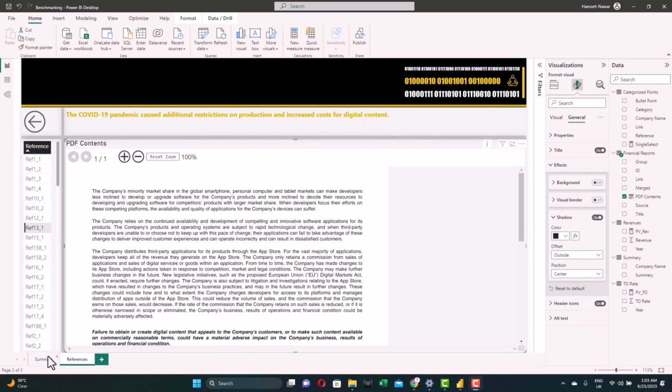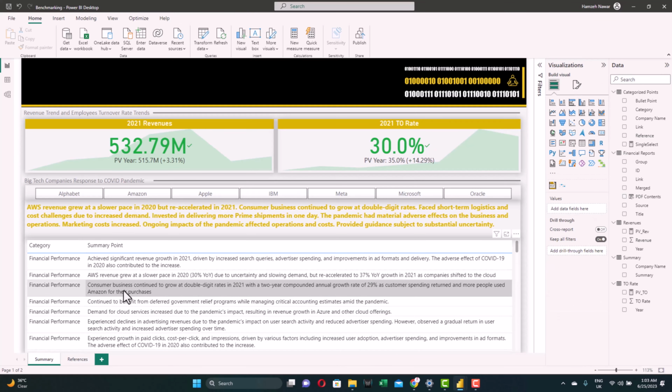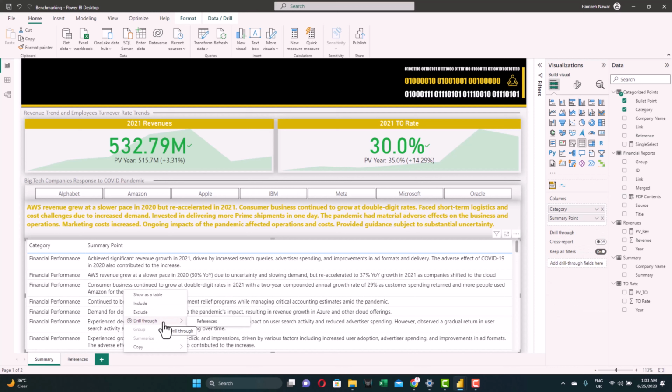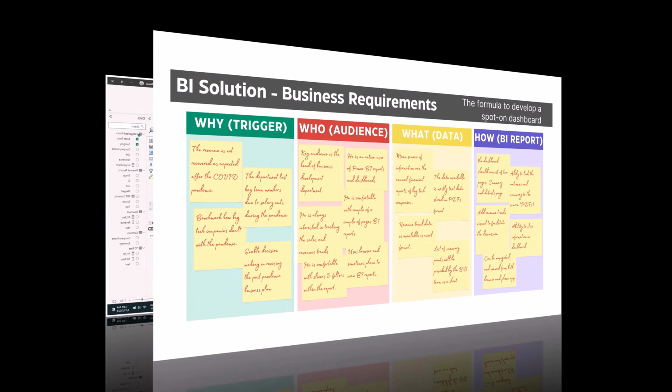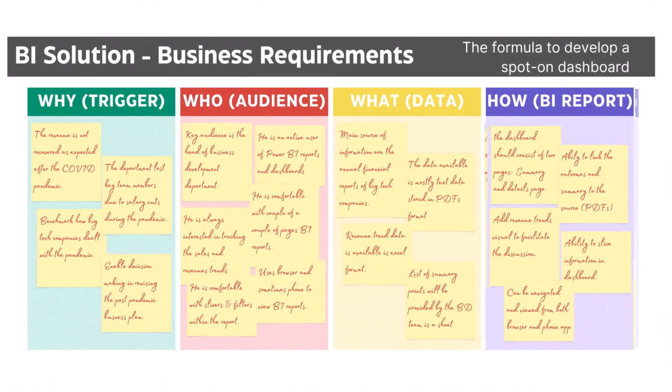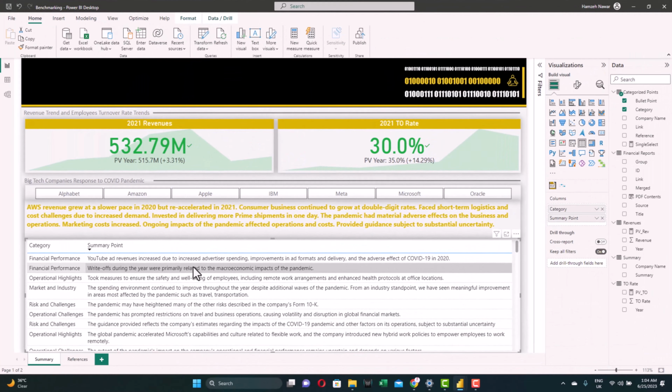Let's go back to the summary page. If you right click on any of the summary points, you can see the drill through option to references appear. Now, one thing to remember, during our research for the scenario, we found out that our main audience can use either the web or mobile phone to access the dashboard. For this reason, it will be difficult for them to drill through by right-click and drill through. What we need to do, we need to add a button to drill through to the reference page.